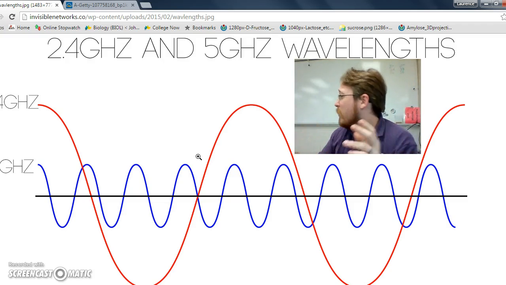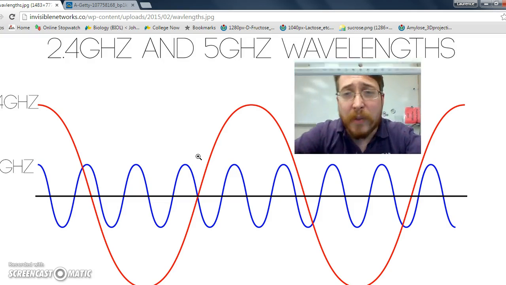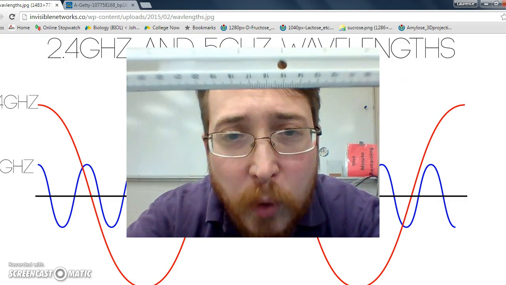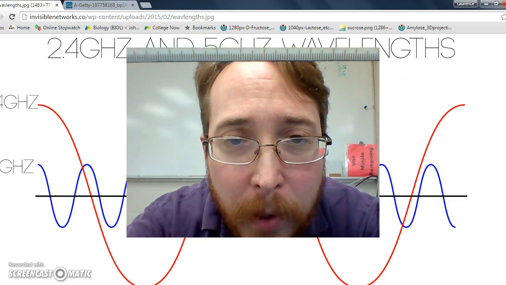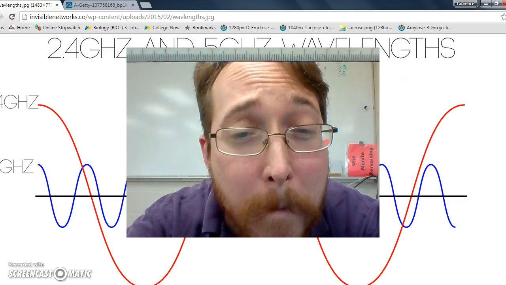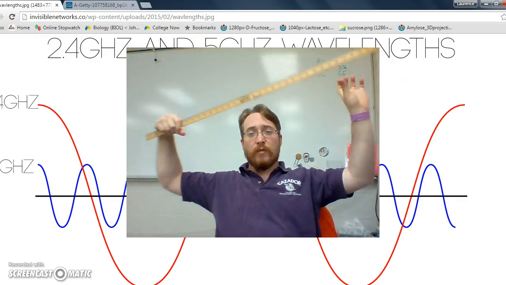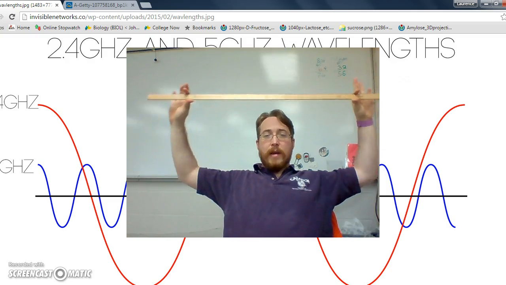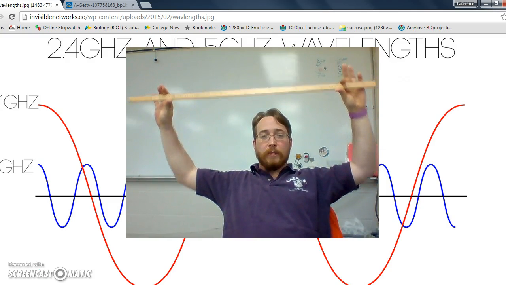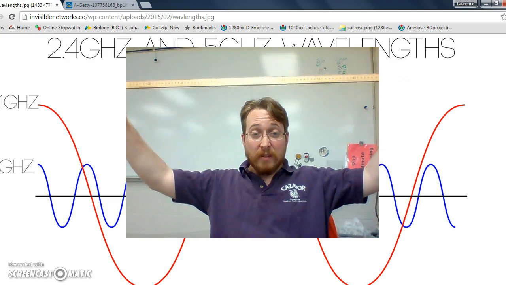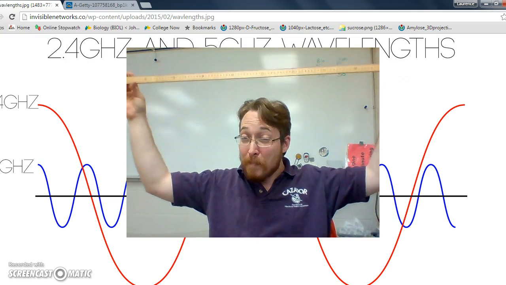So what does that mean? What's a nanometer? Right here we've got this ruler. It's upside down, but you can see those little tiny notches. Those are millimeters. You get 1,000 of those, and that gives you a meter. Well, a nanometer is to take one of these and divide it into a billion pieces.